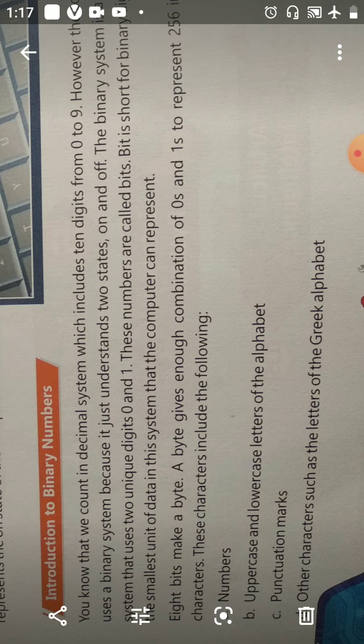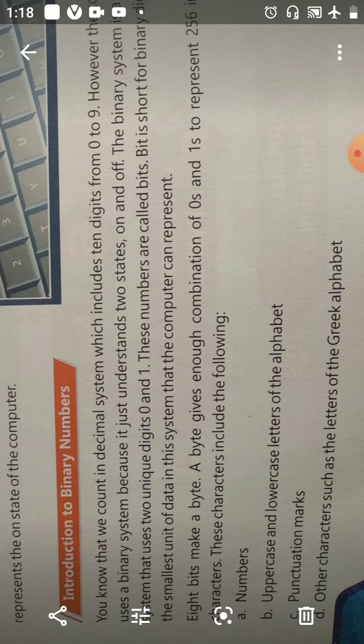Suppose you want to store something in a computer, then that will be stored in the form of bits and bytes. Bit is the smallest unit and some bits come together to form a byte. Okay, so which type of data is represented by these particular digits? First is numbers. Though we give input as a number, suppose 20, the computer converts that number 20 into the form of 0 and 1, that is called the binary form. Okay, and then it stores the number 20.